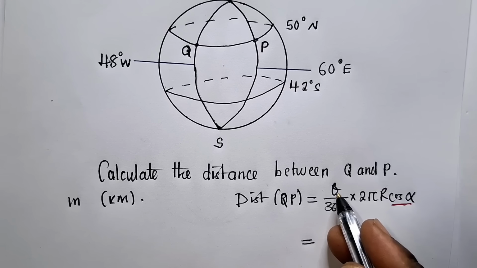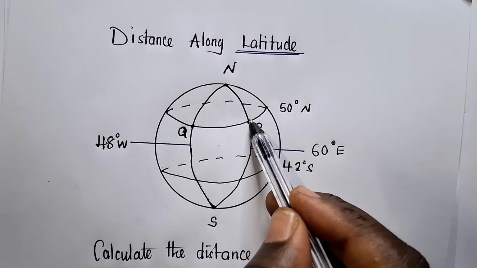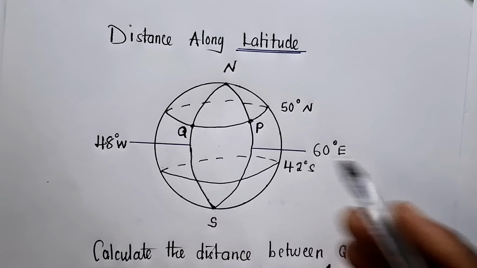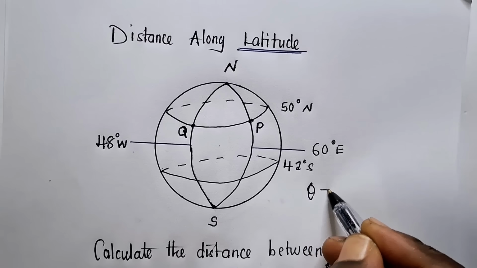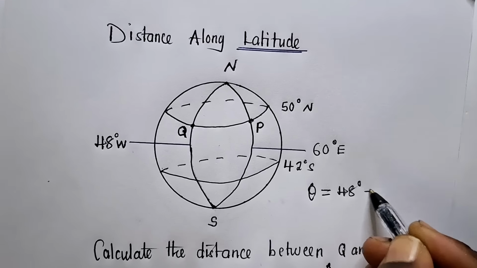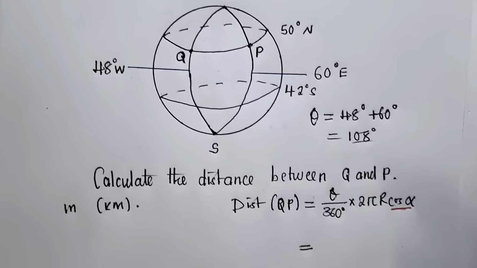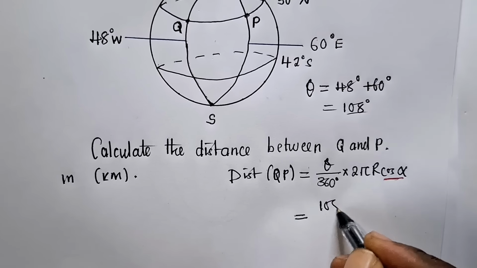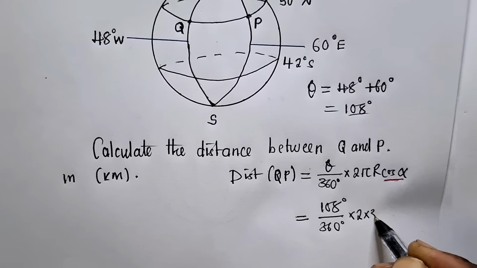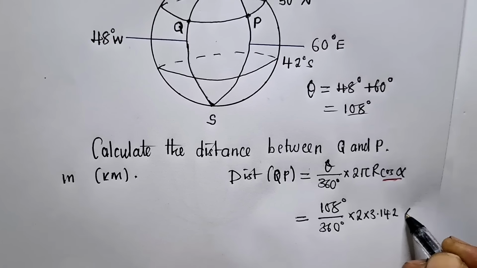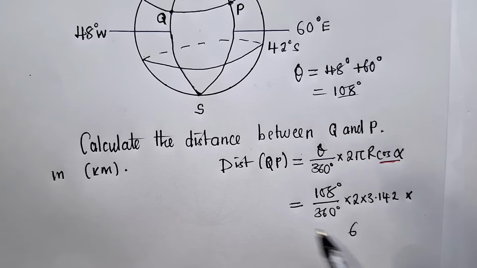So we're going to find the theta. When you check nicely, Q is here, P is right here. And when you look at this longitude, it's 48, while this one is 60. So you're going to say theta is equal to 48 degrees plus 60 degrees, which will give us 108 degrees. That's our theta. So you say 108 degrees over 360 degrees times 2 times 3.142 times the R will be 6, since we're finding it in kilometers, it will be